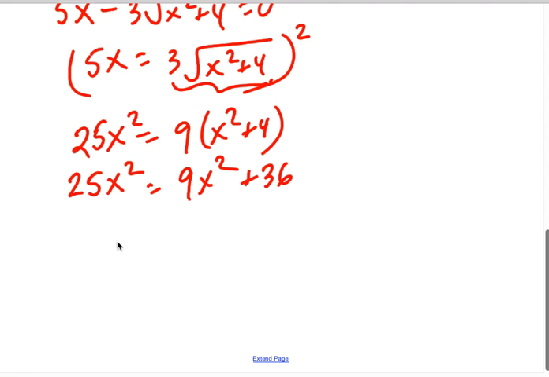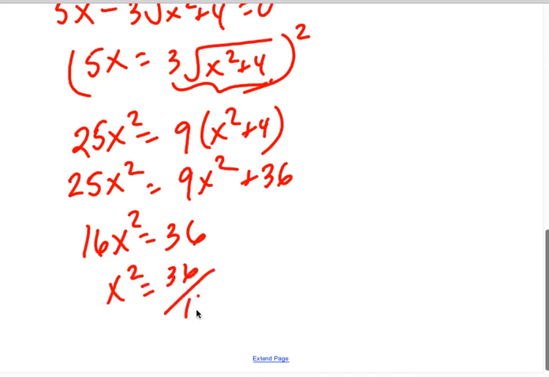When I subtract the 9x squared over, I get 16x squared equals 36. X squared equals 36 over 16. So x is, technically plus or minus, the square root of 36 over 16, which would be 6 over 4,